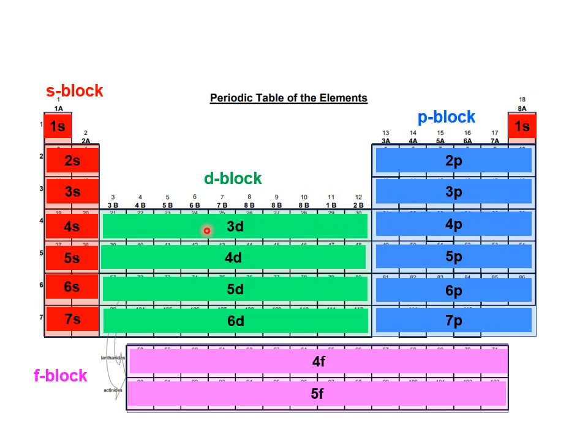But then notice that as we go to the d's, the 3Ds are actually in the fourth row. So we have the 4s and then the 3Ds and then the 4Ps. And then for the Fs, remember that the Fs actually start at the 6th row. So the 4Fs are in the 6th row. So it's the row number minus 2 for the Fs. For the Ds, it's the row number minus 1. So 4th row is the 3D, 5th row is the 4D, 6th row the 5D, and so forth.